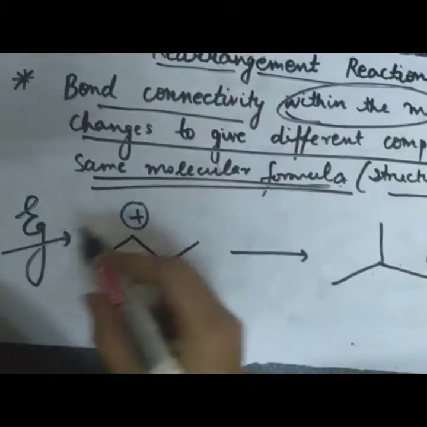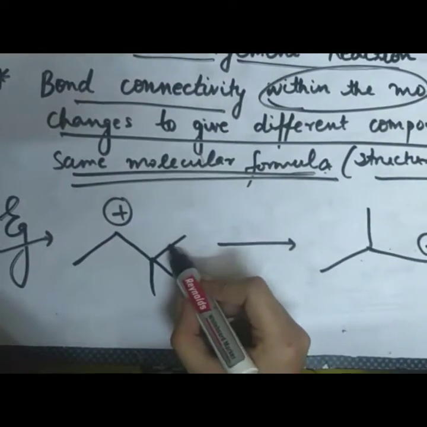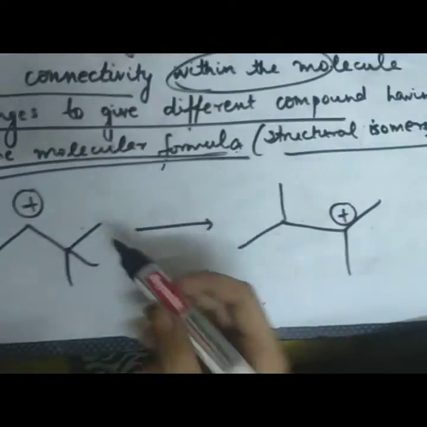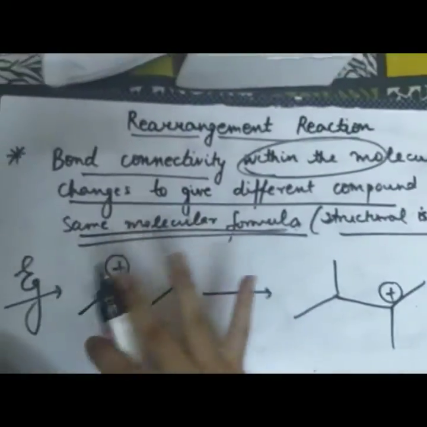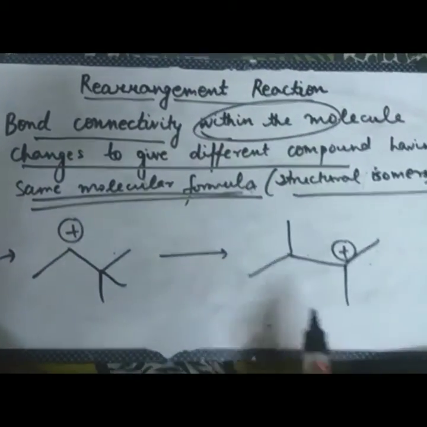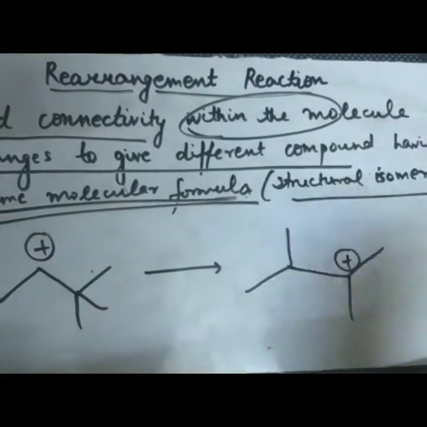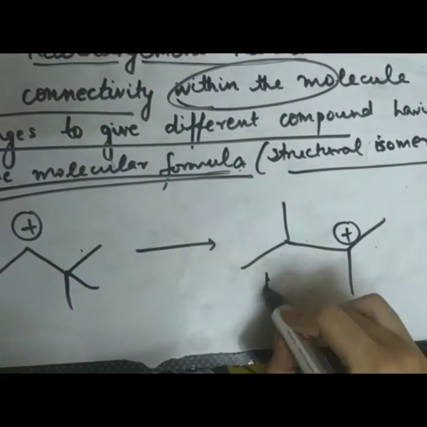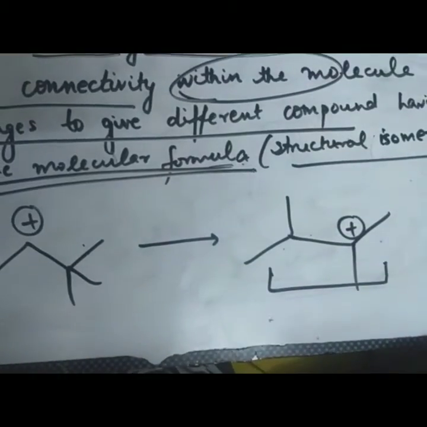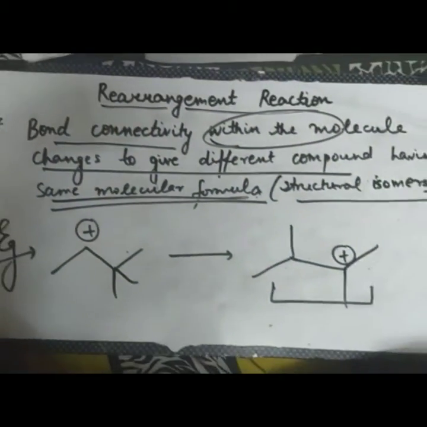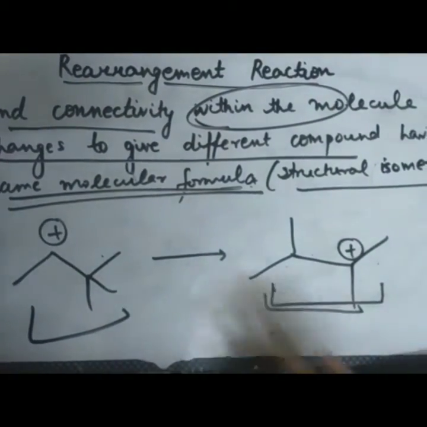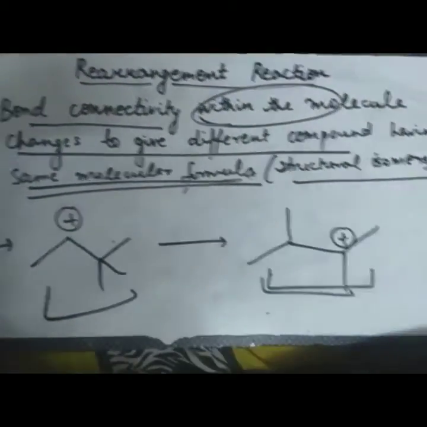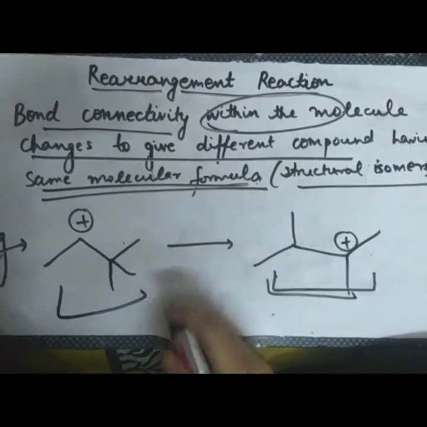So let's see it with an example. So this methyl here is shifting here, right? It is rearranging itself and the carbocation is formed here. So this is a type of rearrangement, right? The molecule, the group is rearranging itself in the molecule, okay, to give the more stable product. So this is rearrangement reaction, and we can see both of these are structural isomers because only the structure has changed but the molecular formula is still the same.